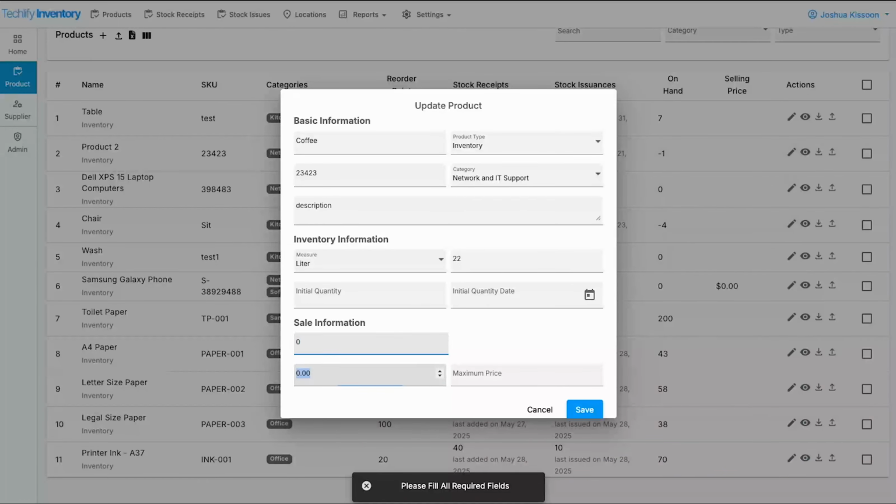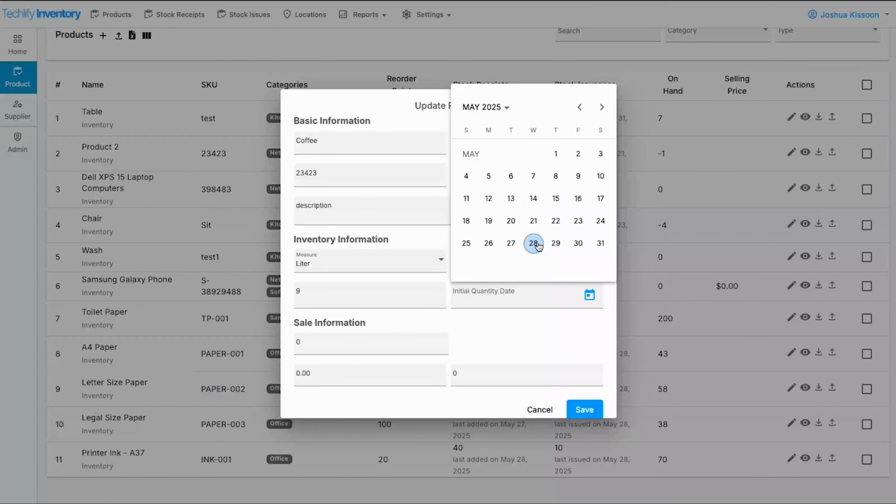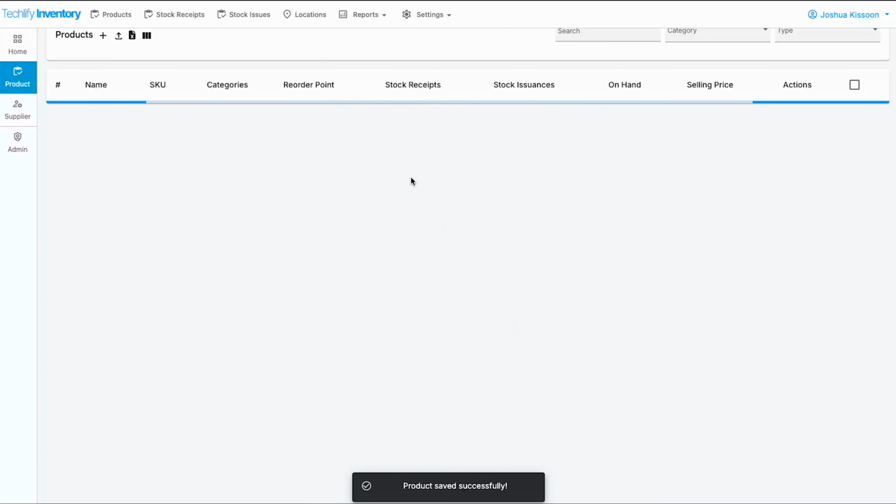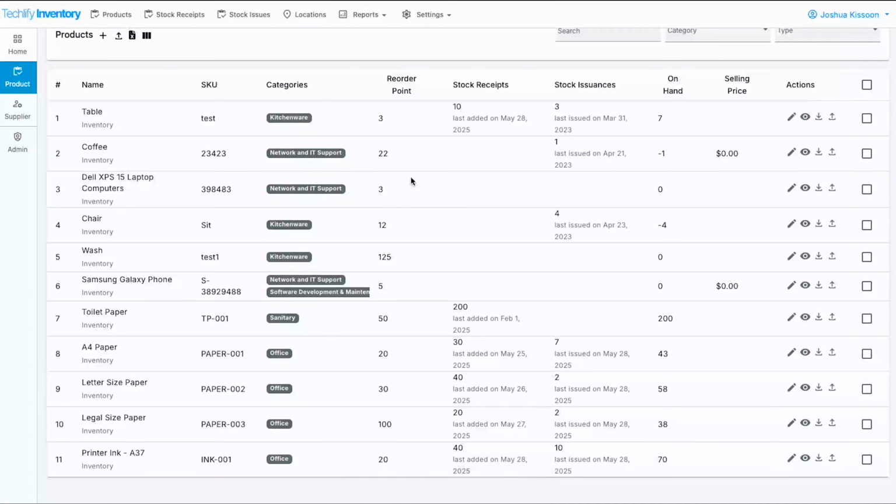Oh, we need to fill this. Yeah, initial quantity. All right, I'm gonna just go and hit save. Yeah, so we have coffee, and as I mentioned earlier, coffee is a food item, and we don't have food